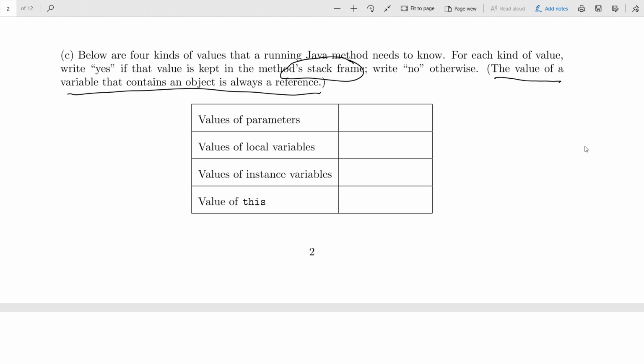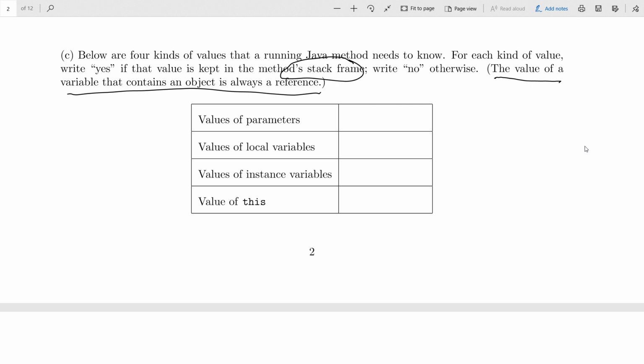So having said that, are the values of parameters to a method stored on the stack? Okay, I'm hearing some yeses. The yeses are getting a bit more confident. Okay. What about local variables? Yes.